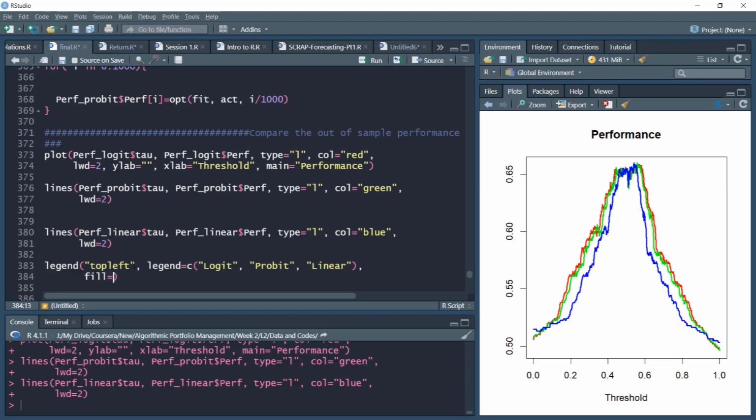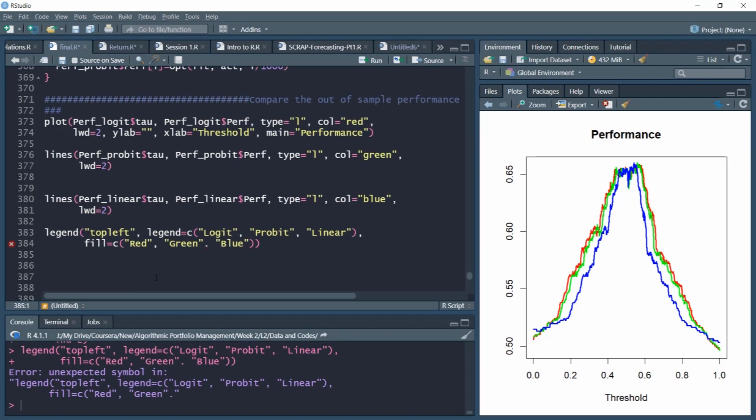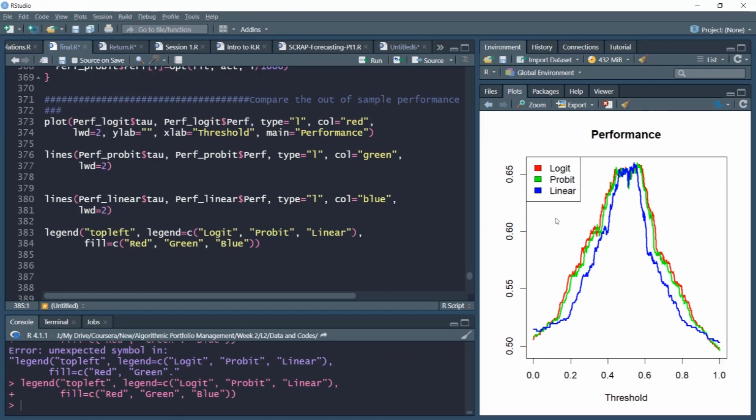Fill, logit is with red, probit is with green, and linear is with blue. So this is my legend. So I'll run the legend command. The legend has appeared. Now notice, very identical to our train data set, in test data set also we note